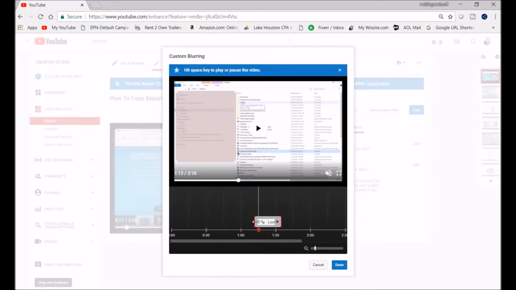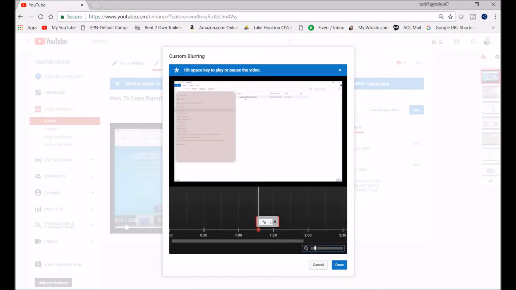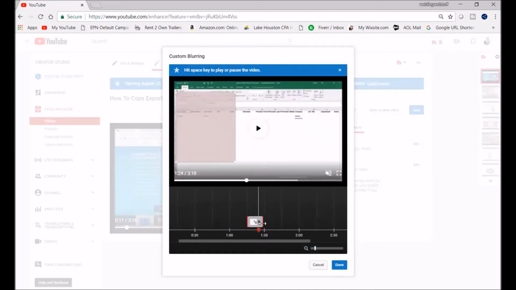I'm gonna hit the pause space bar and I'm gonna move my settings. I'm gonna hit the space bar again to start playing. Once I get to where I want to stop, I'm gonna hit the space bar to stop the playing. So now I'm gonna hit the space bar and then I'm gonna drag it to where I want to end